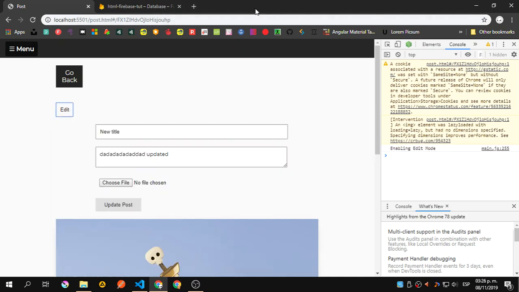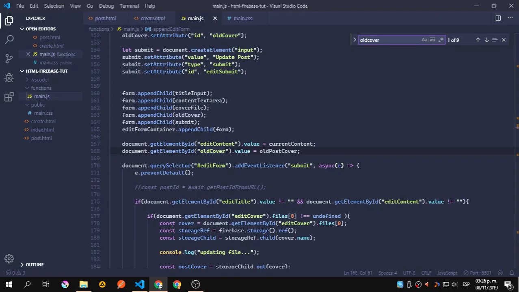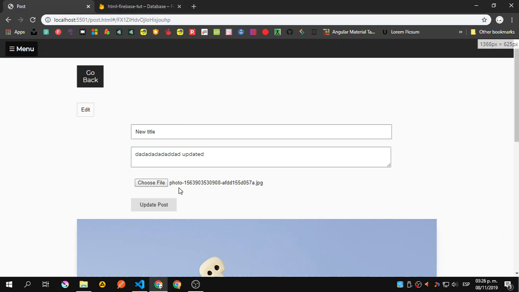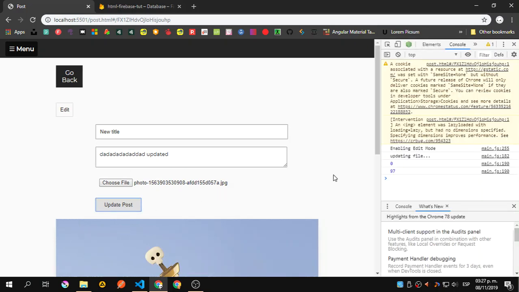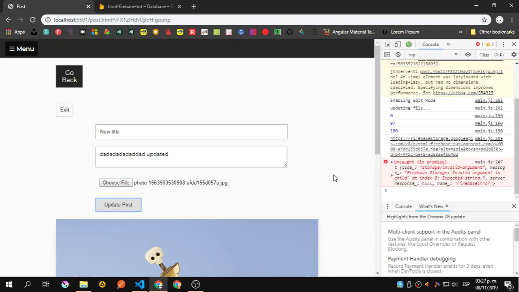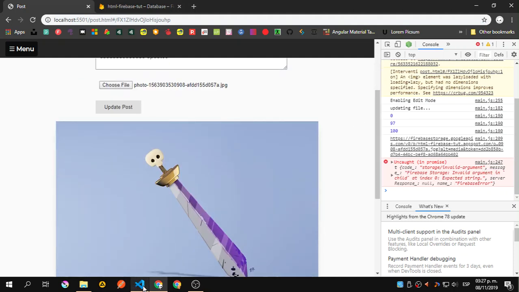Okay, edit. We know the first part is working correctly, so I'm going to move that, and I'm going to change the image again on my other screen. So one that we haven't used before, this one. Okay, open. So let's open again that update post. Let's see if that works. Okay, invalid in argument in line 247. Again,